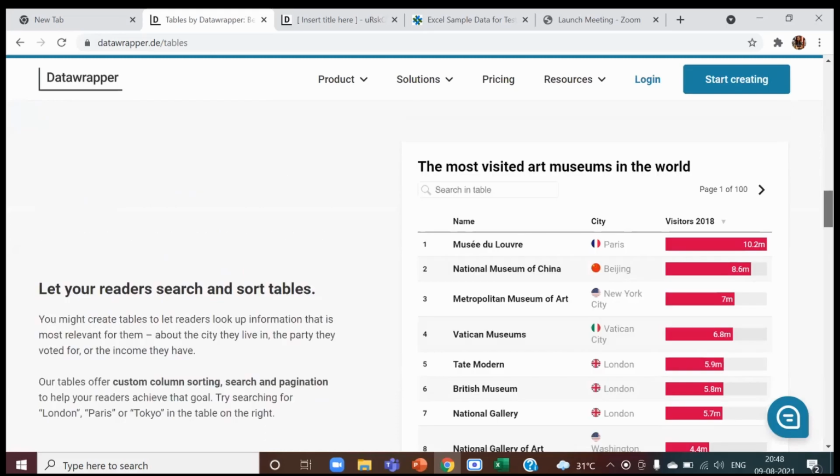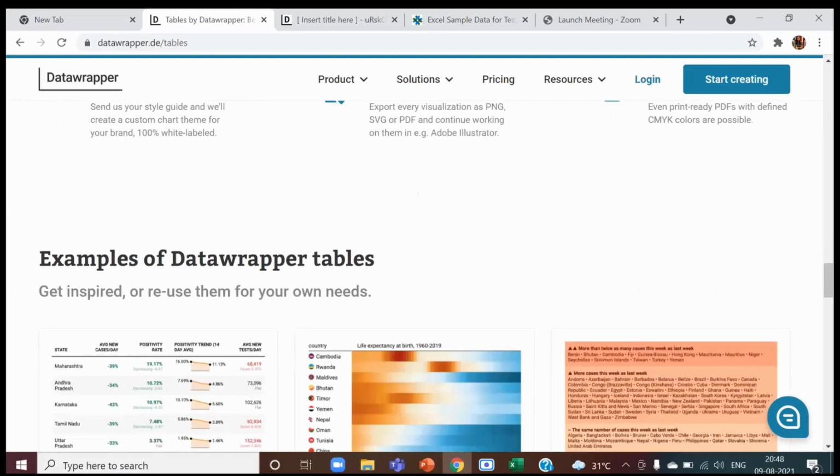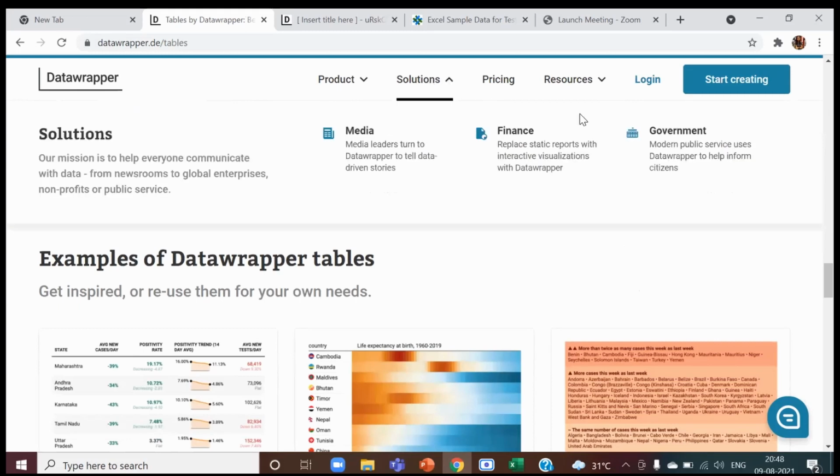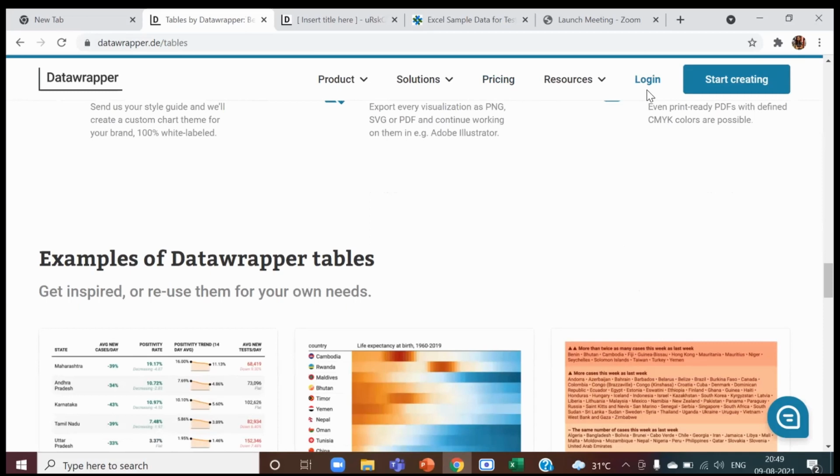The best part about this tool is that no code or design skills are required to work on it. Primarily, there are three steps involved. First is you copy and paste your data. You can copy it from web, Excel, Google Sheets. You can also upload CSV, XLS files, or also a link, a URL to your Google Sheets for live updating charts.